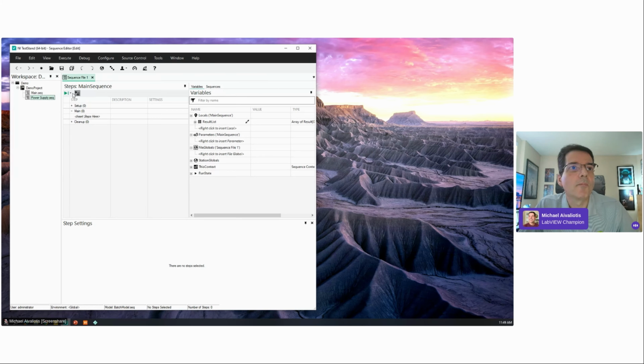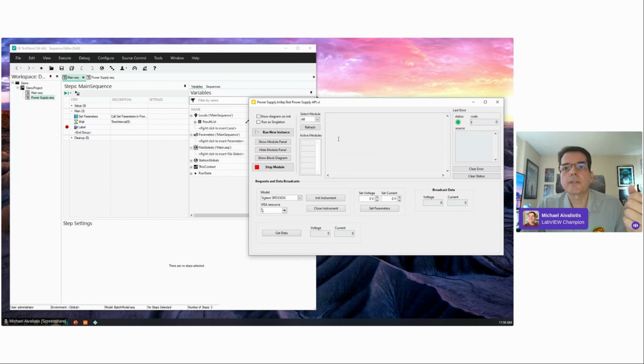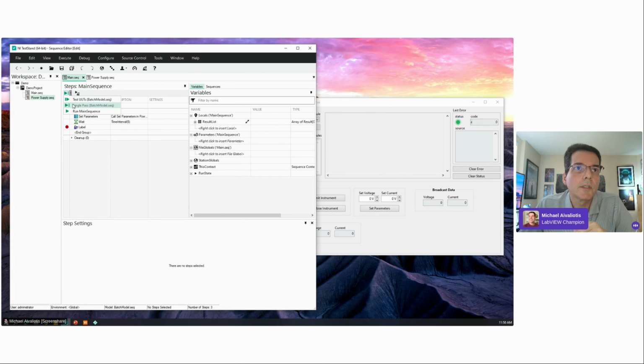So here we're going to start the. Oh, actually, it's here. You can launch the tester from the menus, and it will show up in my other monitor. And this is the API tester for the power supply. This is the same API tester that I developed from a DQMH module. I haven't modified it at all. It still runs, but now it's running in the TestStand context from the PPL. So if I run this single pass,